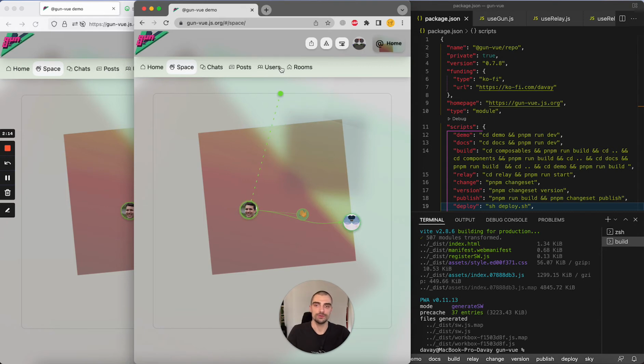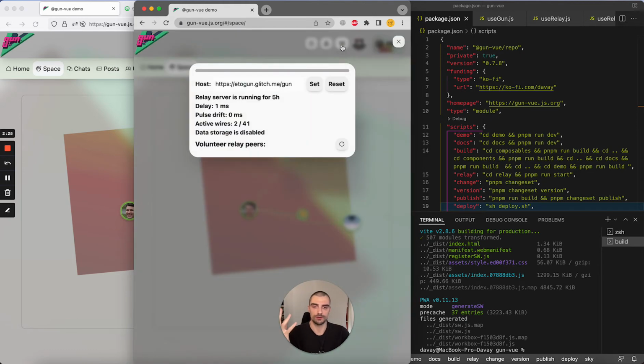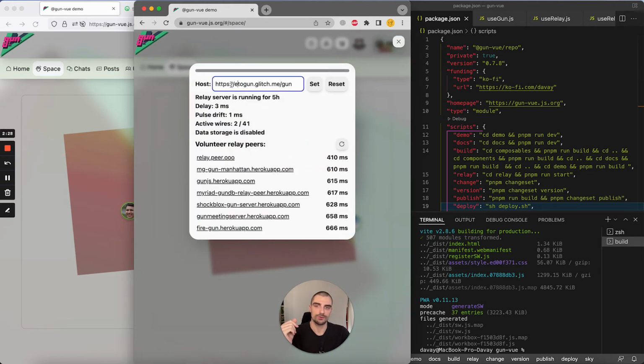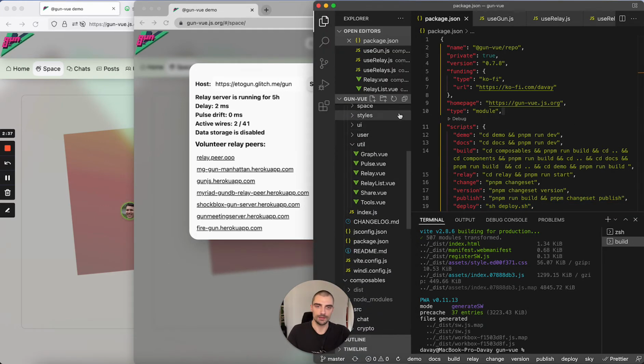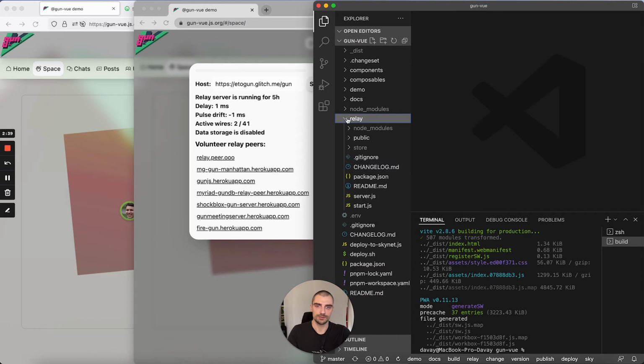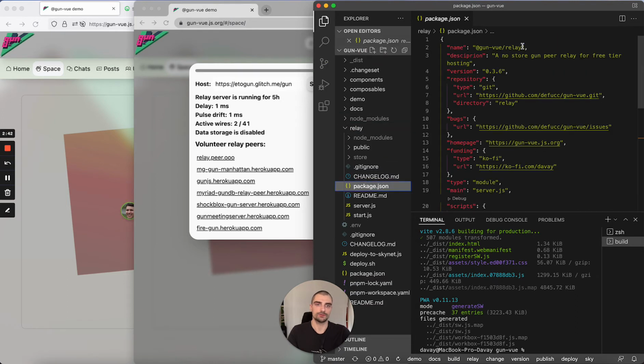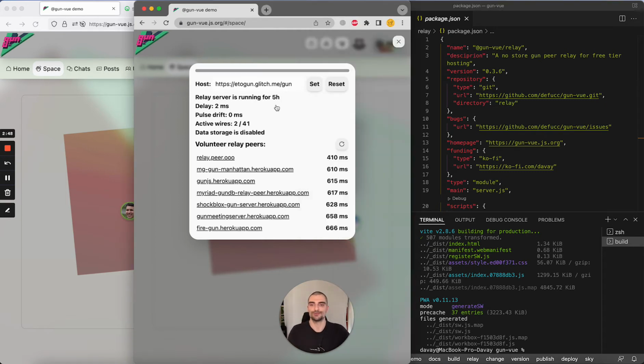And what's new is the second piece of decentralization. So I use a glitch.me relay peer for Gun. This is a free tier. It has no storage. It runs my Gun-Vue relay package. So this package here, the Gun-Vue relay, is running on that server, and it works just fine. So whenever we meet, we can share messages